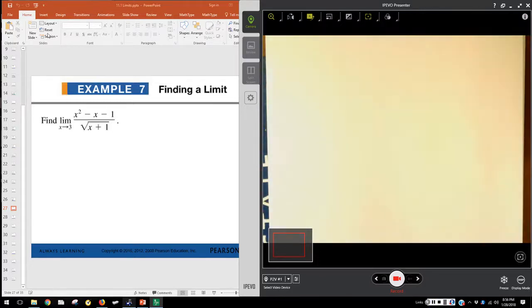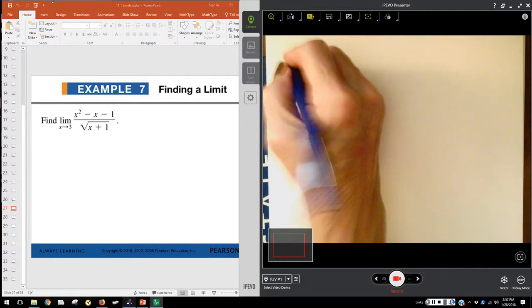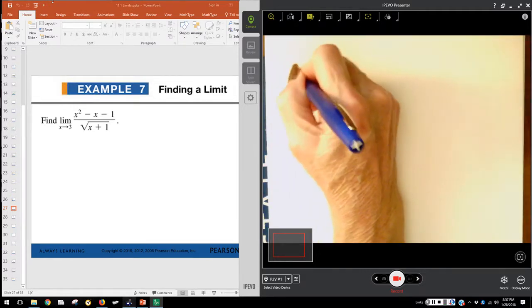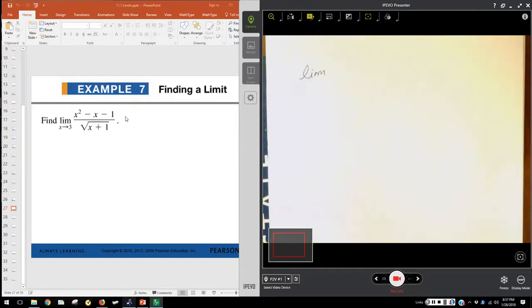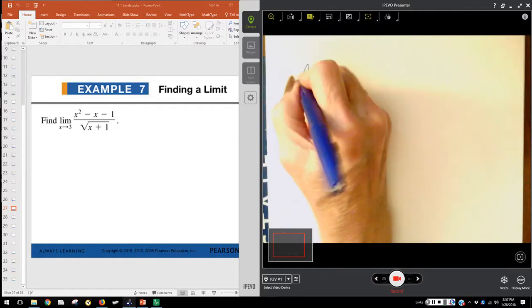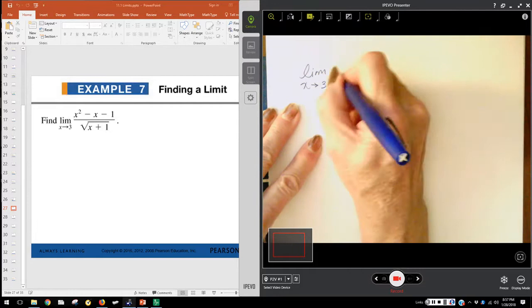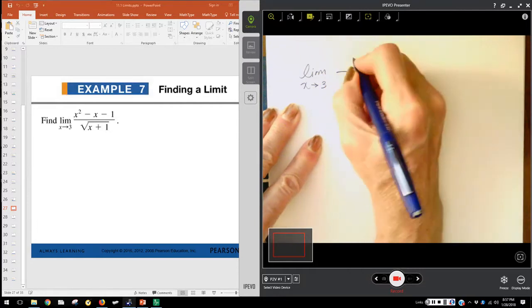Okay, the next example, example 7 in our lesson to complete section 11.1, is to find the limit as x approaches 3 of x squared minus x minus 1, divided by the square root of x plus 1. So our function, we have the limit as x approaches the value 3 of this rational function, and the fact that it's rational is very important